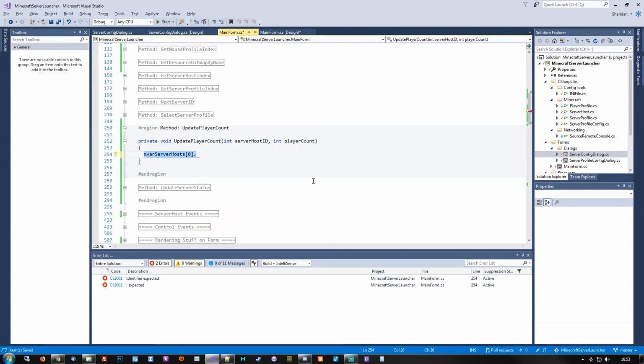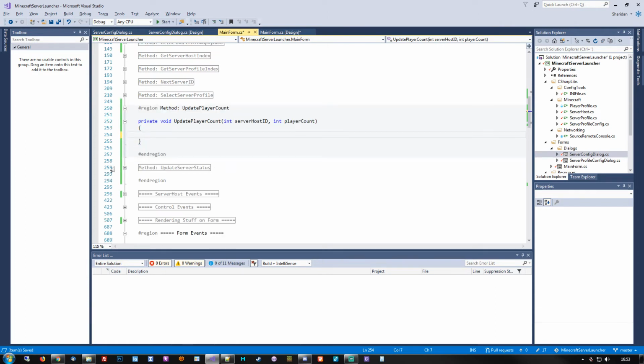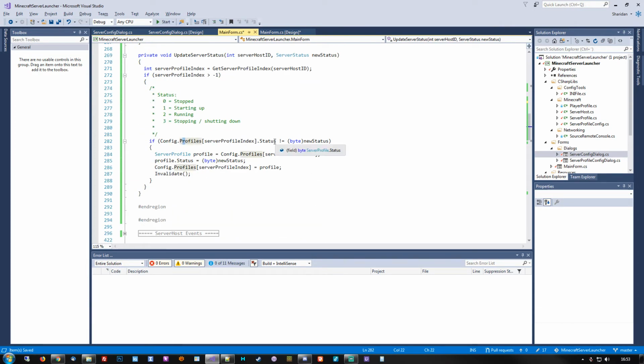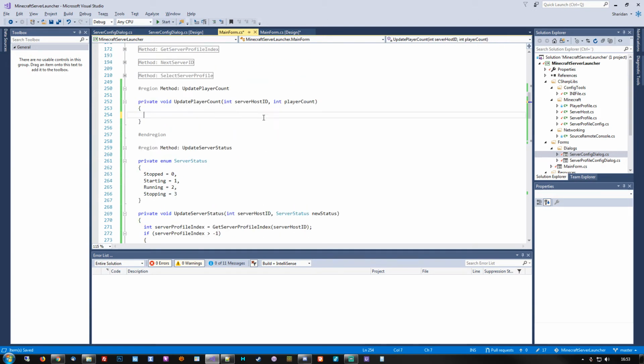Just like we did before in the server status, we will do a quick check to see if we actually need to update it, and then only perform this update if the numbers have changed. Again, this is to prevent forcing a redraw of the entire UI 200 times a second. So